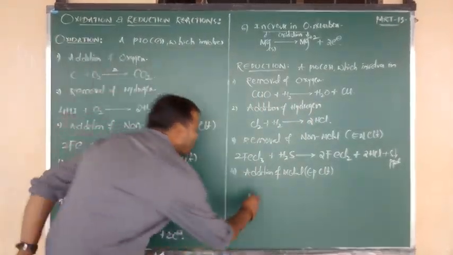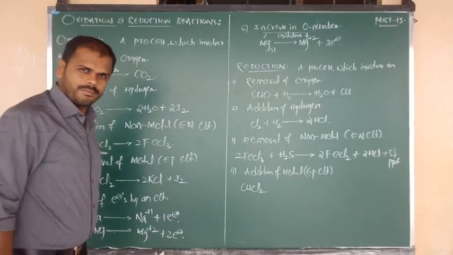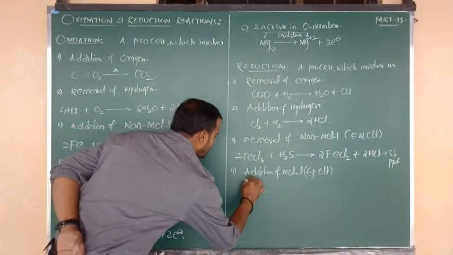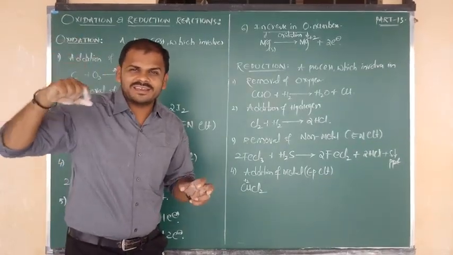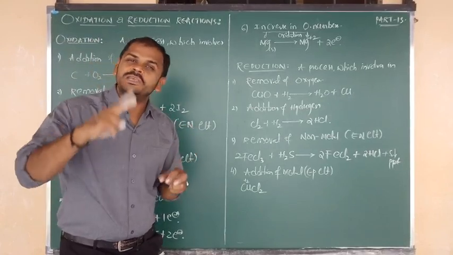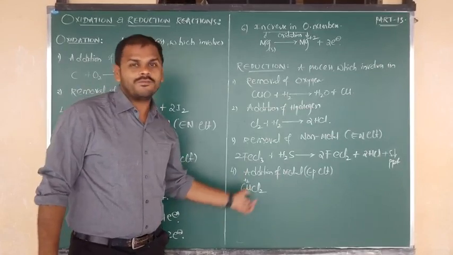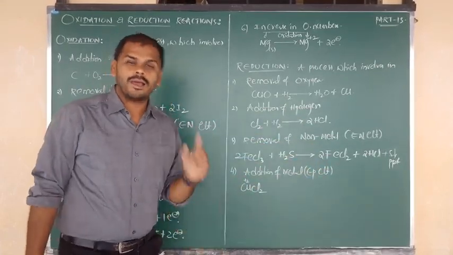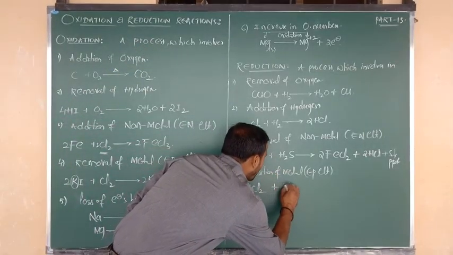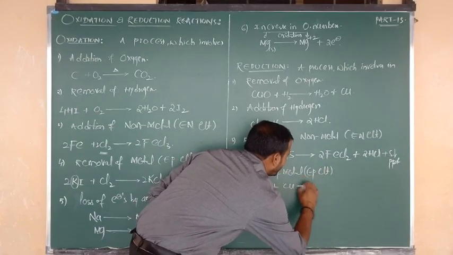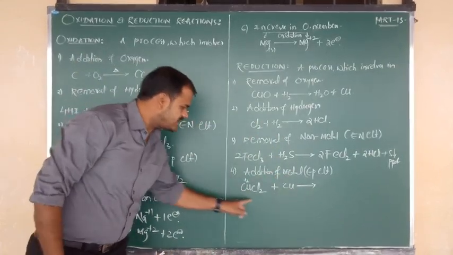First of all, I am going to consider one compound, CuCl2. Due to the presence of 2 chlorines, copper here contains charge plus 2. I have told you in the list of ions, cuprous and cupric. Cuprous Cu contains plus 1, cupric Cu contains plus 2. So this is cupric chloride, which we have to convert into cuprous chloride on the basis of addition of metal. The added metal is copper. Already one copper is there, you are adding one more metal, that is one more copper.